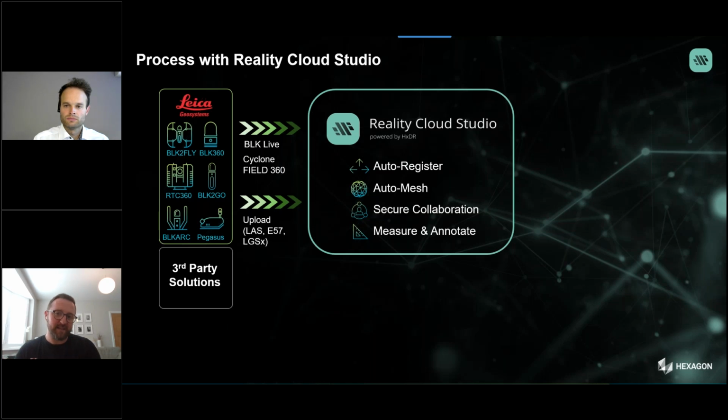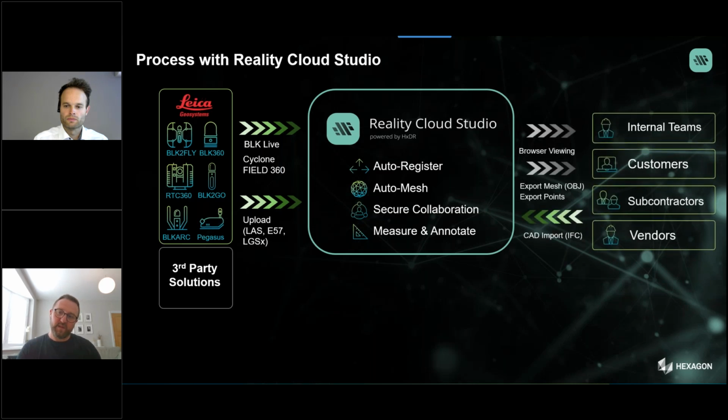Once that data is in Reality Cloud Studio, like I said, you can take advantage of auto register, auto meshing, and secure collaboration. You can add people to your account, for example, external contractors, or you can send single URL links out to viewers who don't have an account if you want to. And of course, you can measure and annotate and create tours, and we'll talk more about that today. So you can then have very simple viewing via a browser, whether that's on an iPad or a PC,